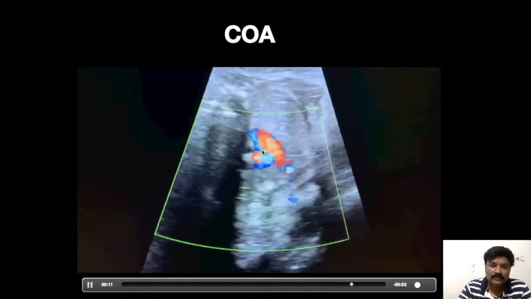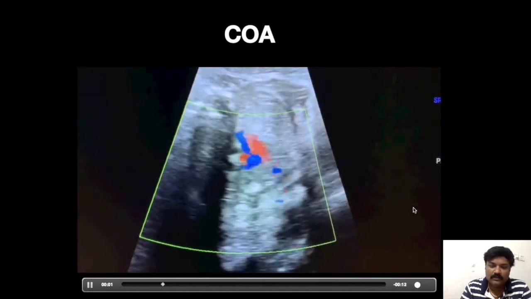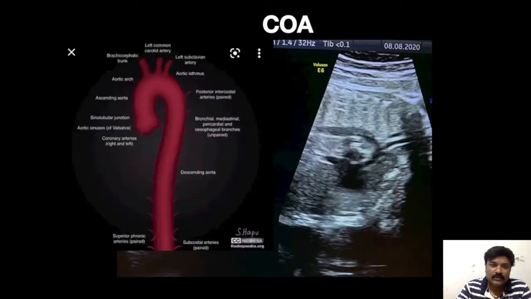Blue color is aortic arch, small with reversal of flow. So usually the coarctation happens in the aortic isthmus distal to the subclavian artery origin. So in this case, in the sagittal view, you can see the narrowing of the isthmus. So it's a case of coarctation of aorta.